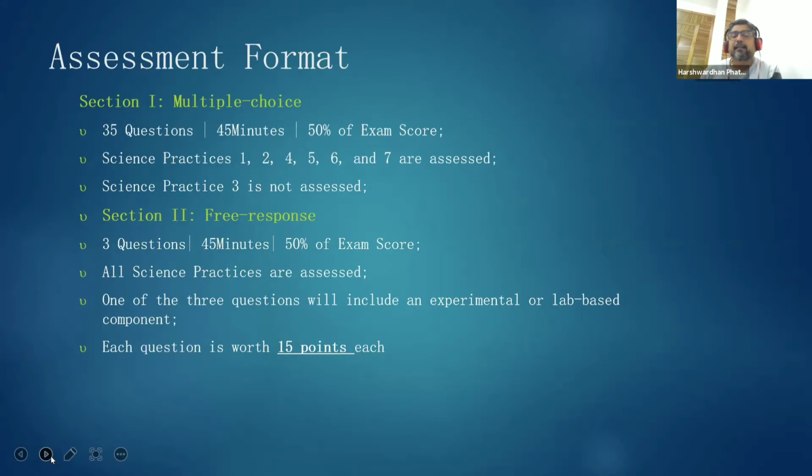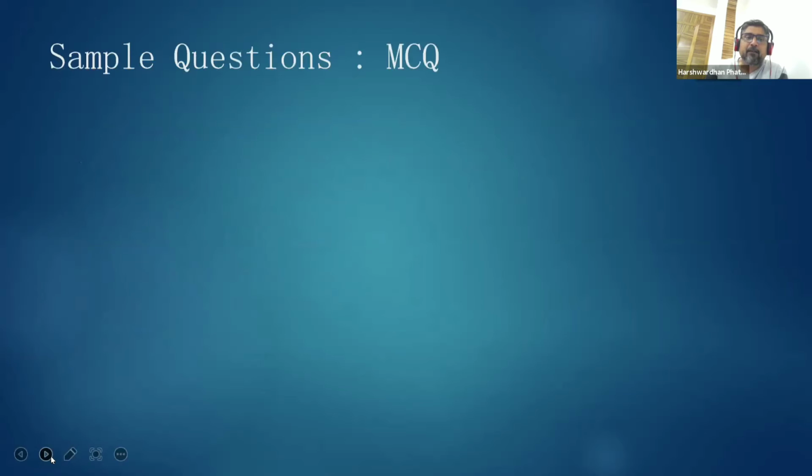Now, because it has been mentioned that both the sections contribute equally, we can safely say that the MCQ section, 35 questions, would also be contributing 45 points for your total score. It has not been mentioned anywhere how much each question is worth as far as the MCQs are concerned, but this is what we can make out from the pattern: both the sections contribute equally and the FRQ contributes 45 points. So we can assume that 45 points are contributed by the MCQs as well.